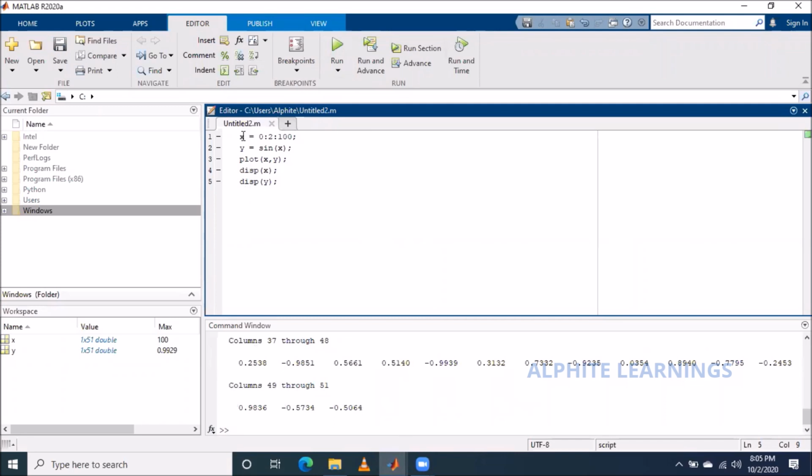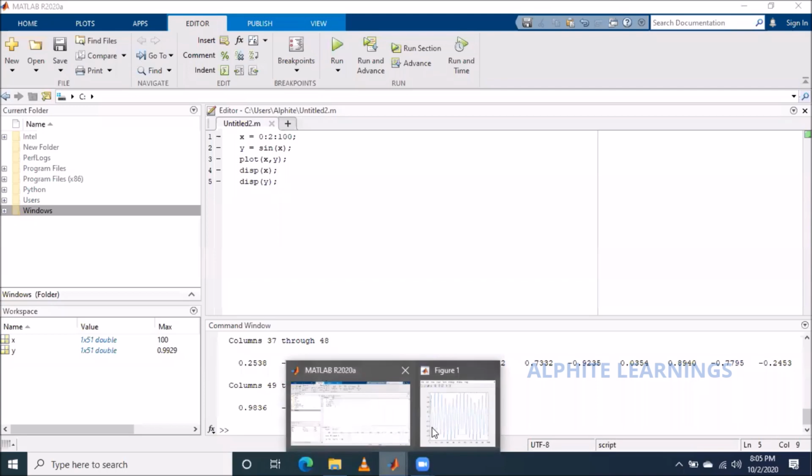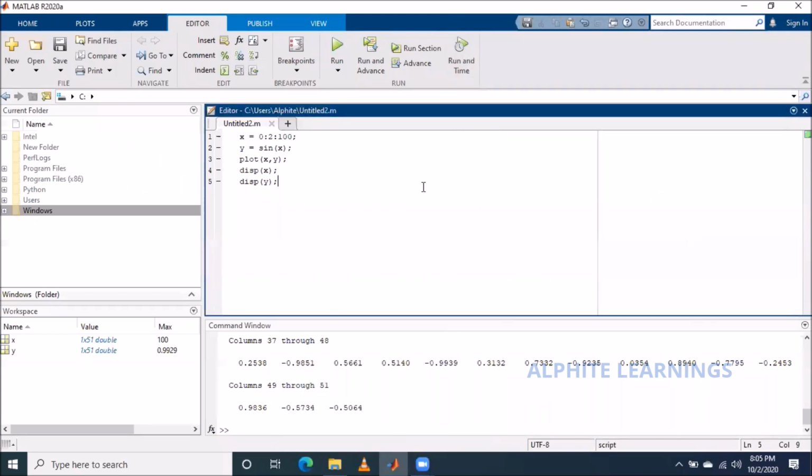So if x is 0, then y is equal to sine of 0, which is 0. Then x is equal to 2, then y is equal to sine of 2. So it varies according to that, right? Now we have clarity: if we have two separate values or a collection of values, we'll plot a graph according to that.